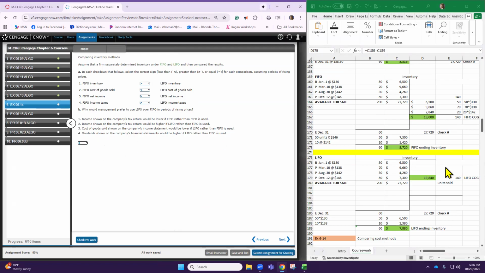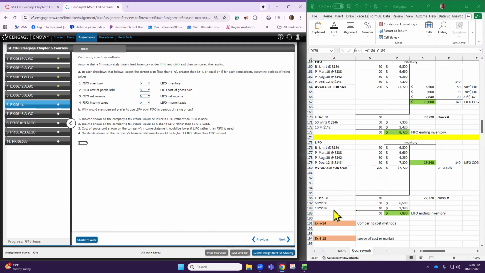Once again, here's the proof. When you look here in LIFO, what costs are still sitting here in inventory? They're the $130 cost. Those are the oldest. And so therefore,